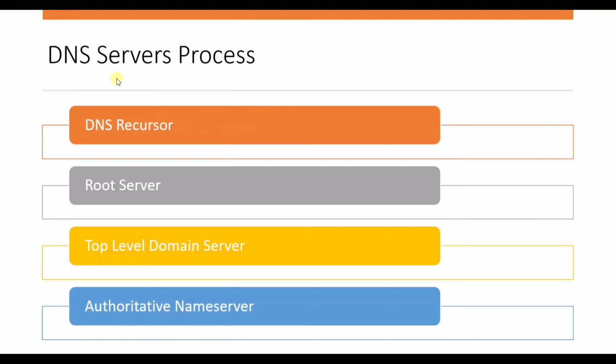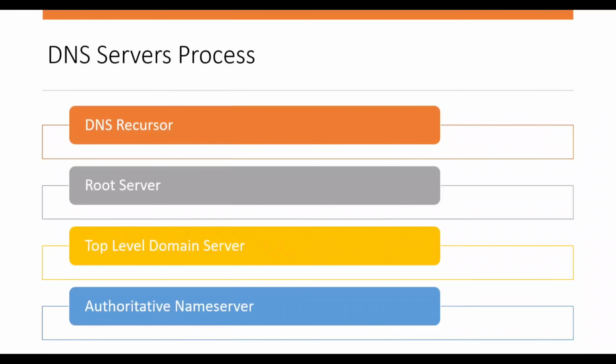And then next we have the process. This is basically the DNS process which helps in loading a web page, how a website is loaded. The first step is the DNS recursor. When we talk about the DNS recursor, it's about DNS recursion, and it is designed to receive queries from the client and is also responsible for making additional requests in order to satisfy the client's query.